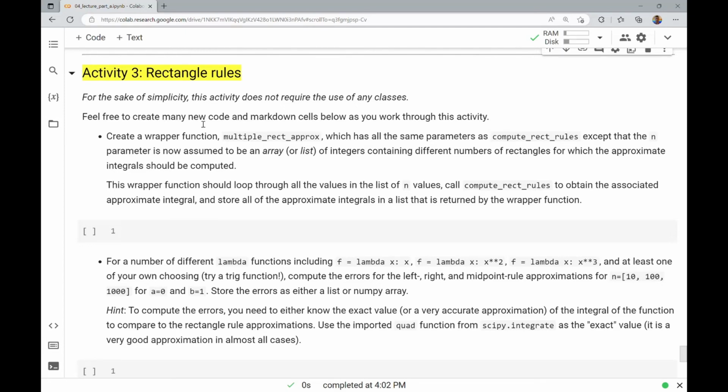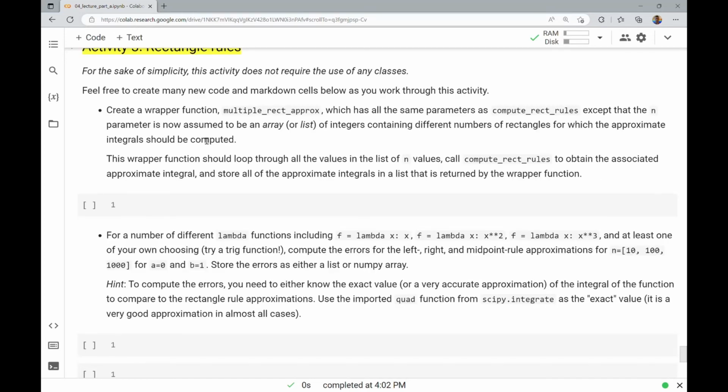You should feel free to create many new code and markdown cells below as you work through this activity. All those notes I had in the first activity about creating as many code and markdown cells that you want and just exploring, all that stuff applies. So I want you to create a wrapper function that's called multiple_rect_approx, which has all the same parameters as compute_rect_rules, except that the n parameter is now assumed to be an array or a list. Basically an iterable object of integers containing different numbers of rectangles for which the approximate integral should be